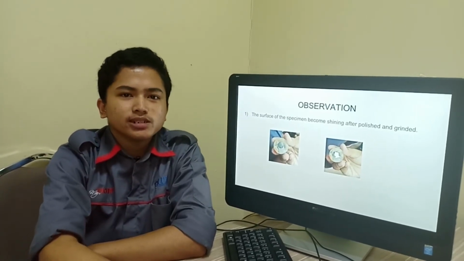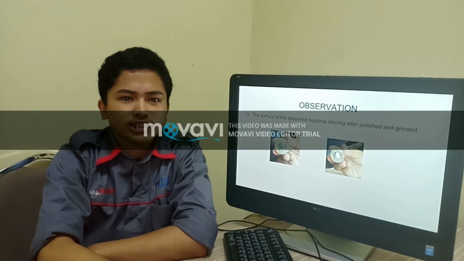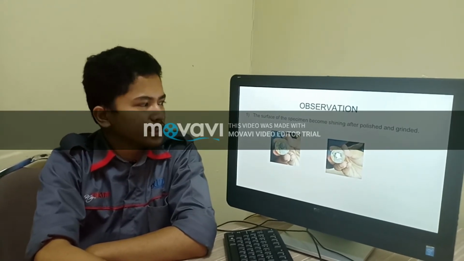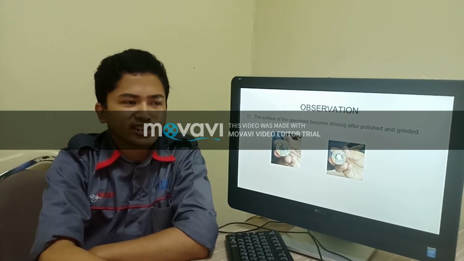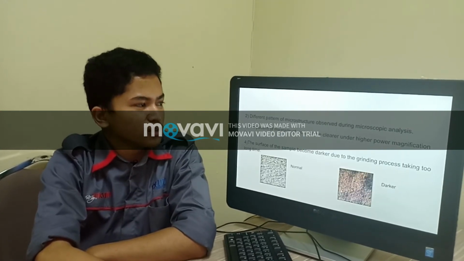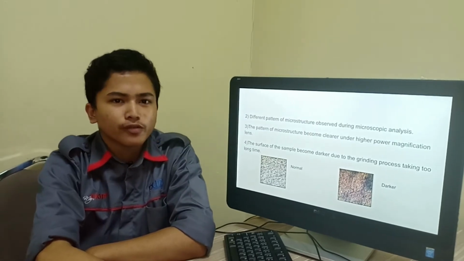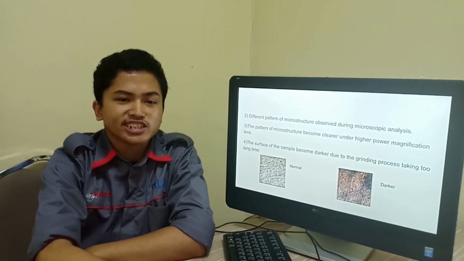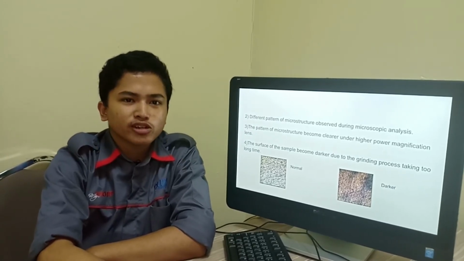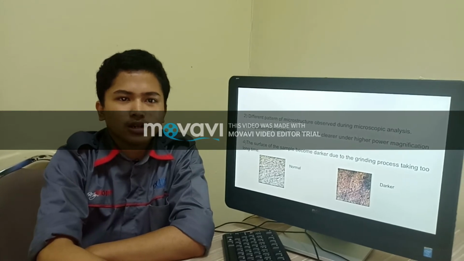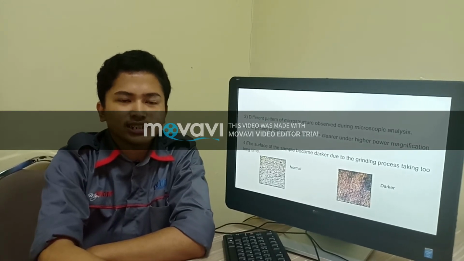During this experiment, we observed a lot of things. The first is we found that the surface of the specimen became shining after polishing and grinding. The second observation is a different pattern of microstructure was observed during this microscopic analysis. The third observation is we found that the pattern of the microstructure became clearer when seen under high power